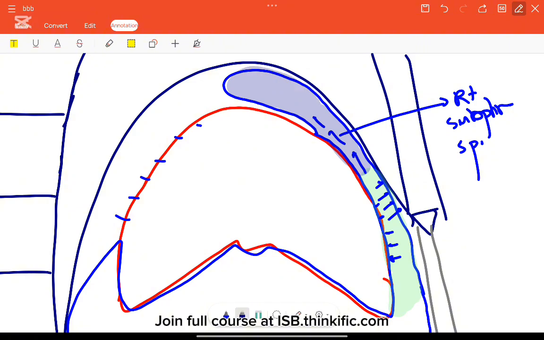The right posterior subphrenic space, which is this, is very deep. What are the borders of that? Again, superiorly you still have your diaphragm. Inferiorly you have the upper aspect of the right lobe of the liver, and somewhat it may also extend to the posterior aspect. But generally, the upper dome of the right lobe of the liver is below. Anteriorly, it's continuous with the anterior space. Posteriorly,